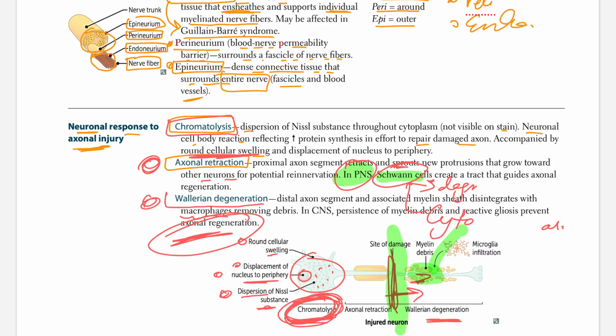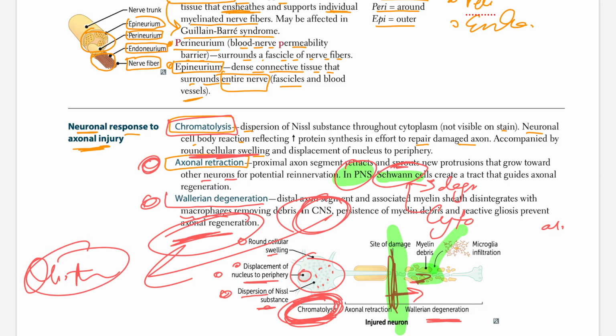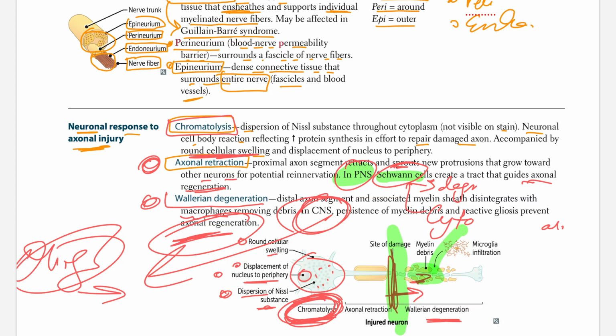Okay, but if the injury was in the CNS, oligodendrocytes themselves undergo apoptosis. So instead of oligodendrocytes calling macrophages and also causing a regeneration of the axon, they say, hey, we had enough. We just want to die in peace. So oligodendrocytes go into apoptosis. Because they don't release any cytokines, nothing happens, they do not